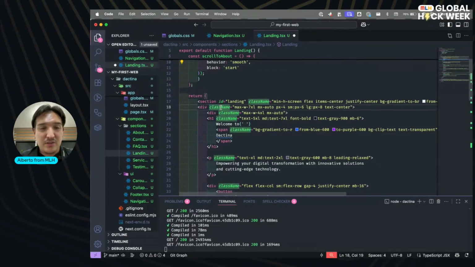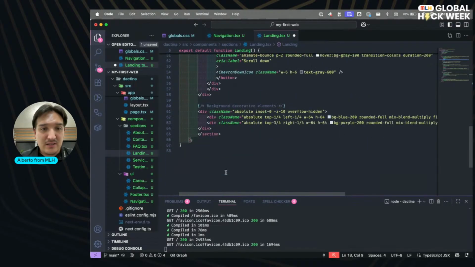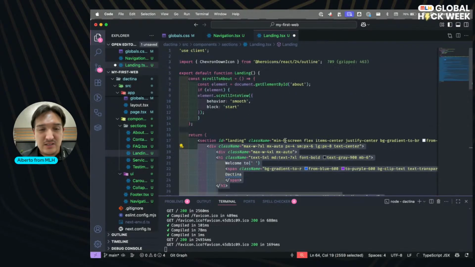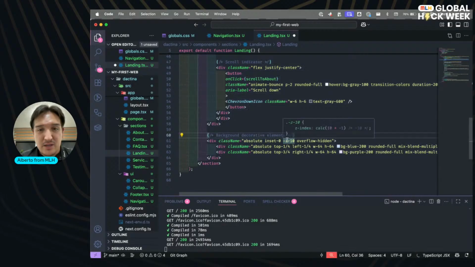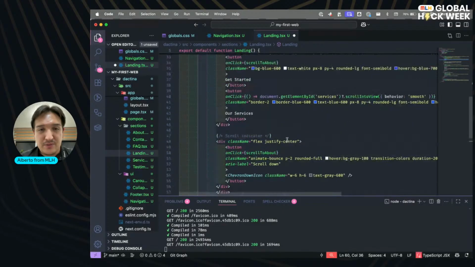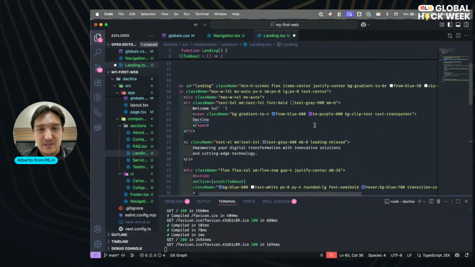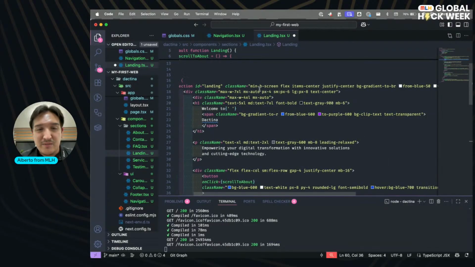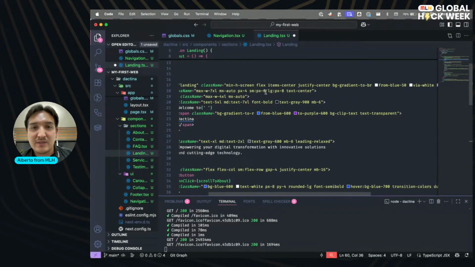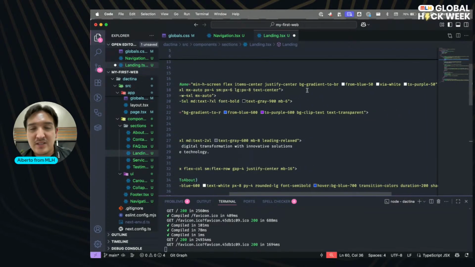The whole section has these background decorative elements, scroll indicator. Here, for example, min-h-screen, flex, hidden, items-center, justify-center, gradient to BR.